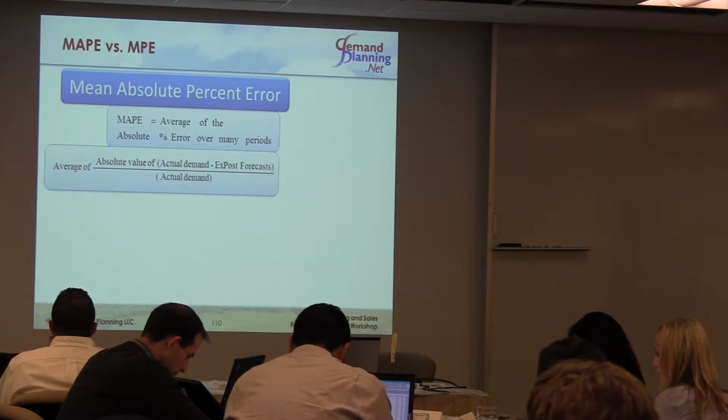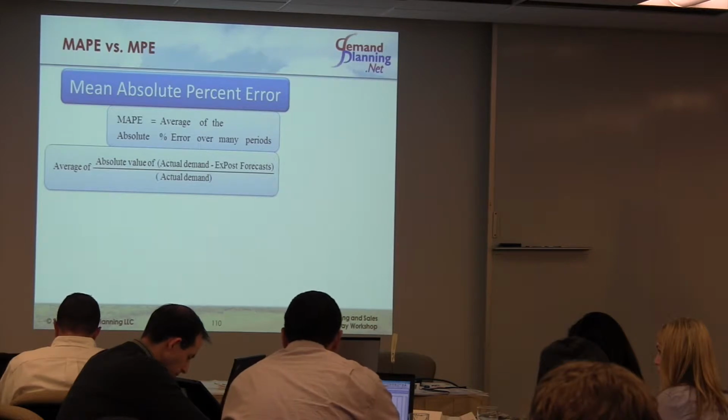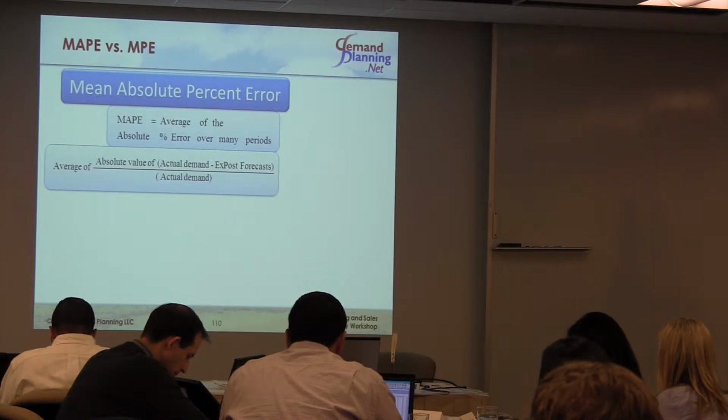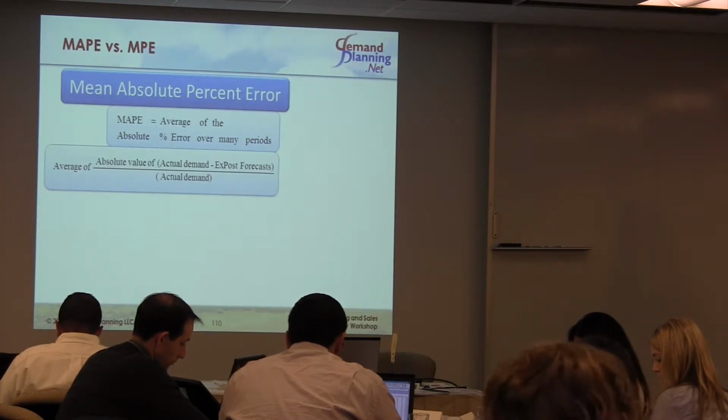So MAPE is one, there is also weighted MAPE. I don't know if this poses confusion in the survey that you answered, right? Because then we talked about MAPE and weighted MAPE and all that. So how do you calculate MAPE today? Anyone? How do you calculate MAPE?